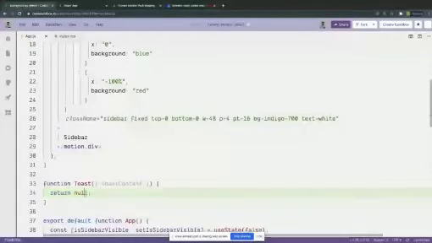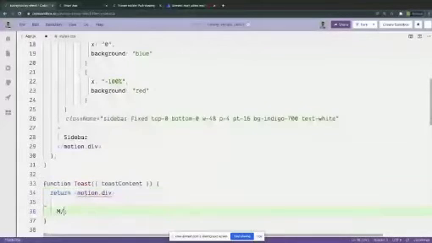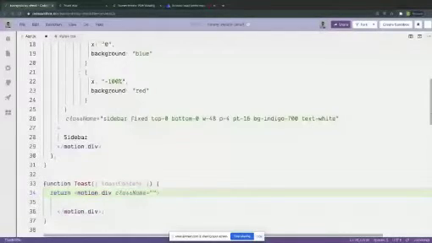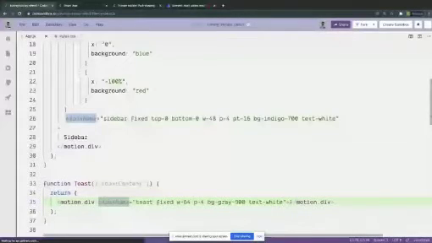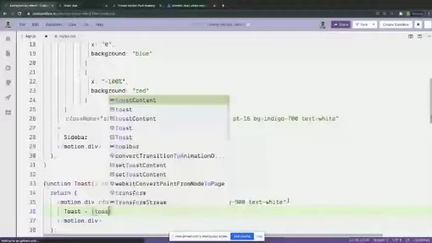Okay, so what I want is motion.div, and internally I want to show the post content.